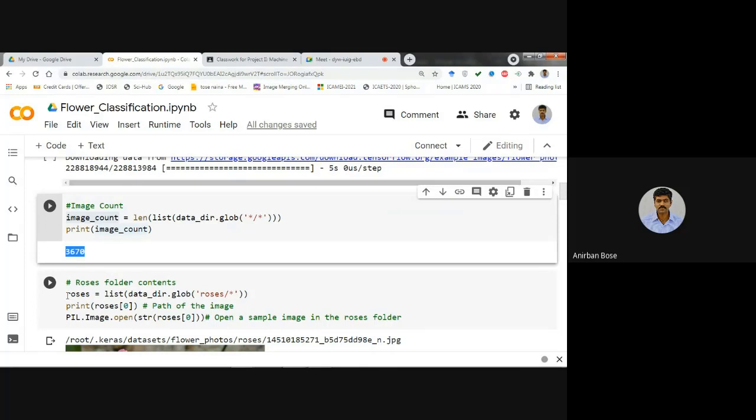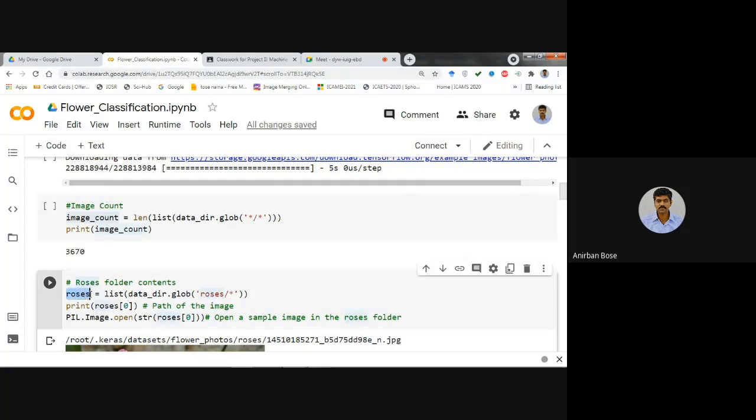So first of all, we want to create roses. This is a name given, and within that we want to create a list. How can we create that list that contains all the images of rose? For that, what we are writing within the list is data_dir, that is the whole thing, dot glob.